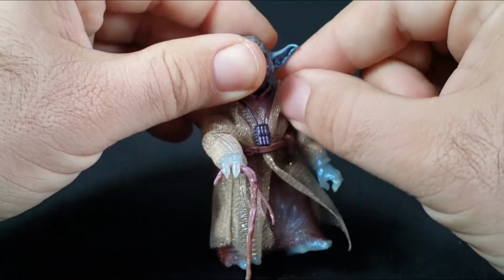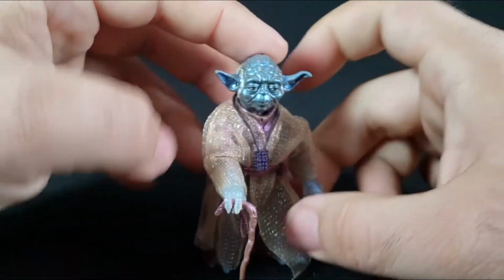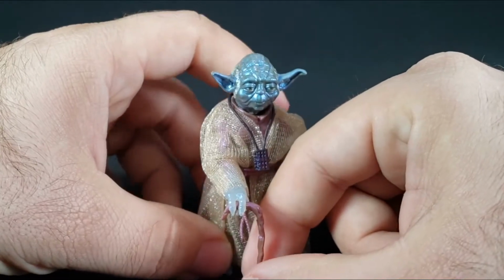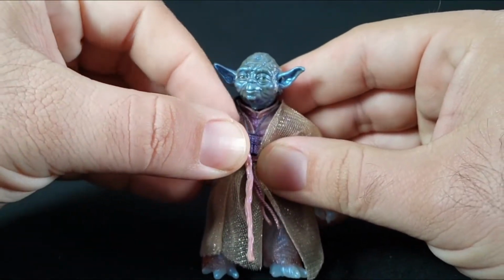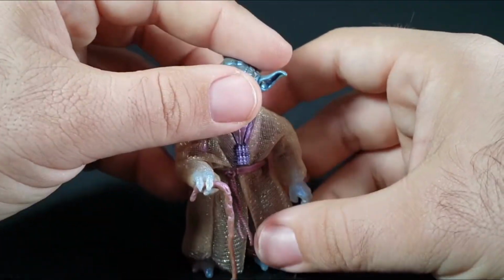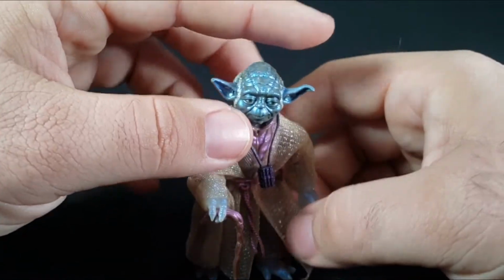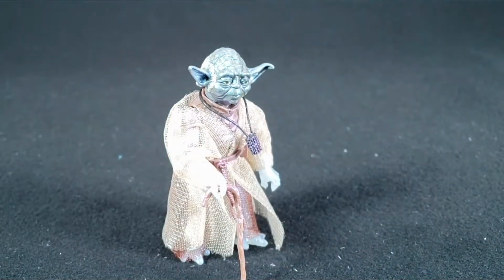And you gotta wonder, like, he must have to stop by somewhere to pick up new tiny Jedi robes, because when he was done fighting the Emperor at the end of Revenge of the Sith, he didn't have his robes. He was just in his brown undergarment. So there we go. We'll get him on his cane, looking good, and we'll bring in the other Force Ghost